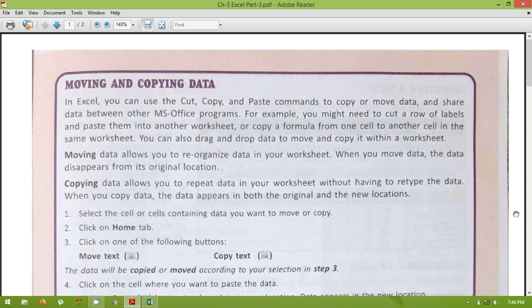When we use the cut option, which is moving the data, we cut the data from one place and paste it somewhere else, the data will disappear from its original location and start appearing in the new location.